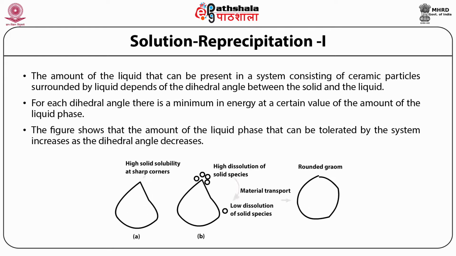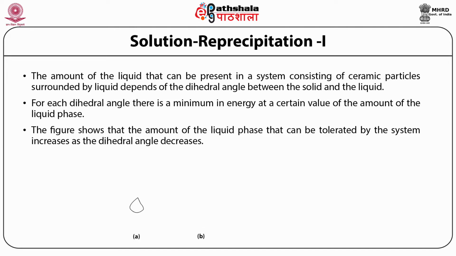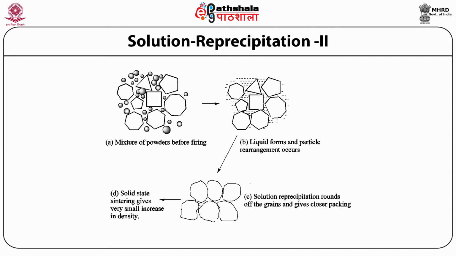So, if a larger than maximum possible liquid phase is forced into the system, then there is swelling and liquid breakout. Now we are discussing the second stage of liquid phase sintering, that is solution-reprecipitation. The particle rearrangement gives a very significant increase in the density. However, as the particles may have sharp edges and corners, they do not pack very efficiently. The solution precipitation mechanism removes the sharp corners and allows the particles to come closer together to yield further densification,